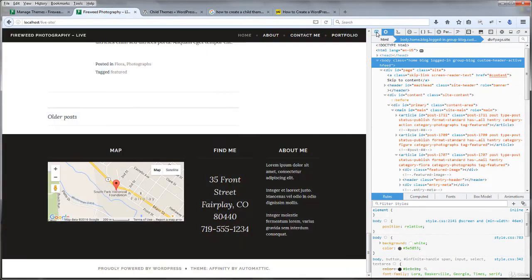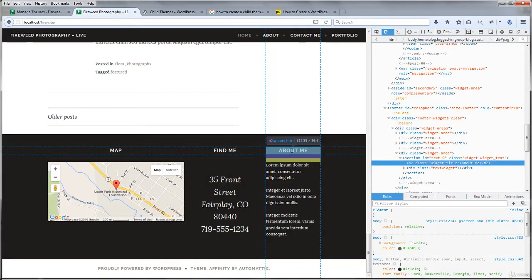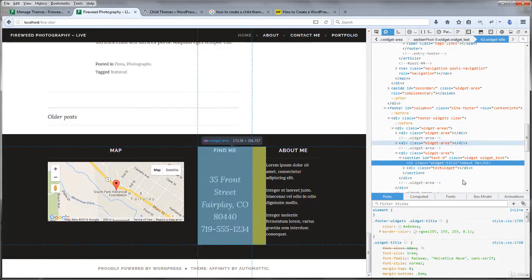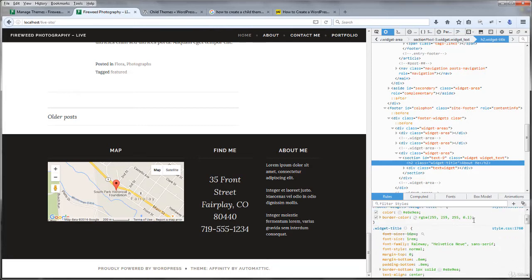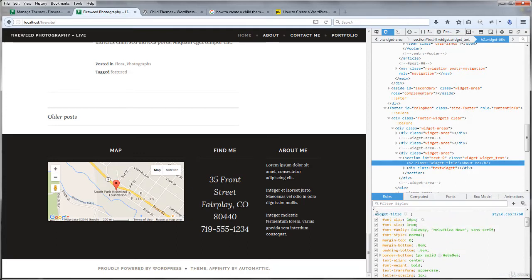The Inspector is something, when this is activated inside of this Firefox utility, that when I choose an element on the website, it'll tell me about it on the right-hand side. Here's the actual markup code on the right, and down here at the bottom are the CSS styles. So I can see that this is defined as a border that's 1 pixel, that's solid, and it's this color. So if I take this whole style element called .widget-title, that's a class, along with the first bracket,